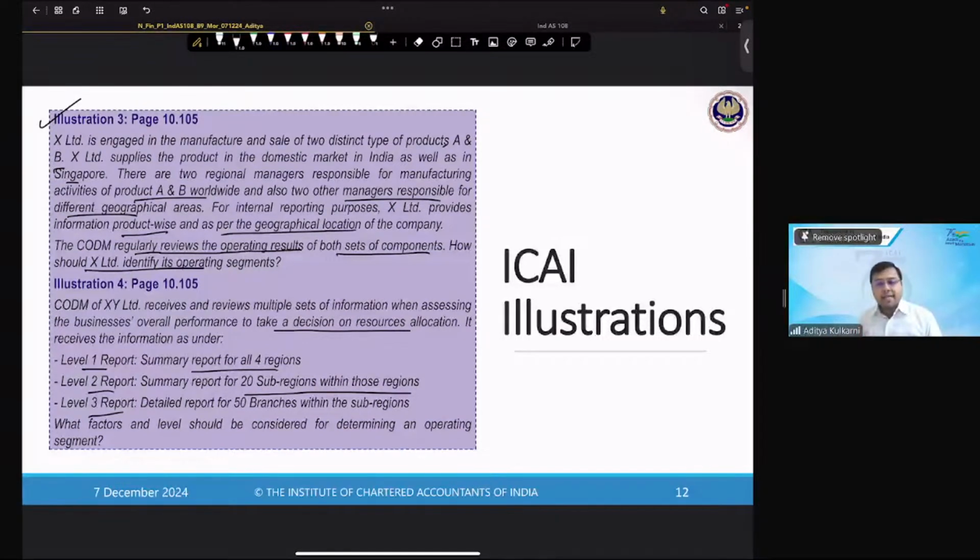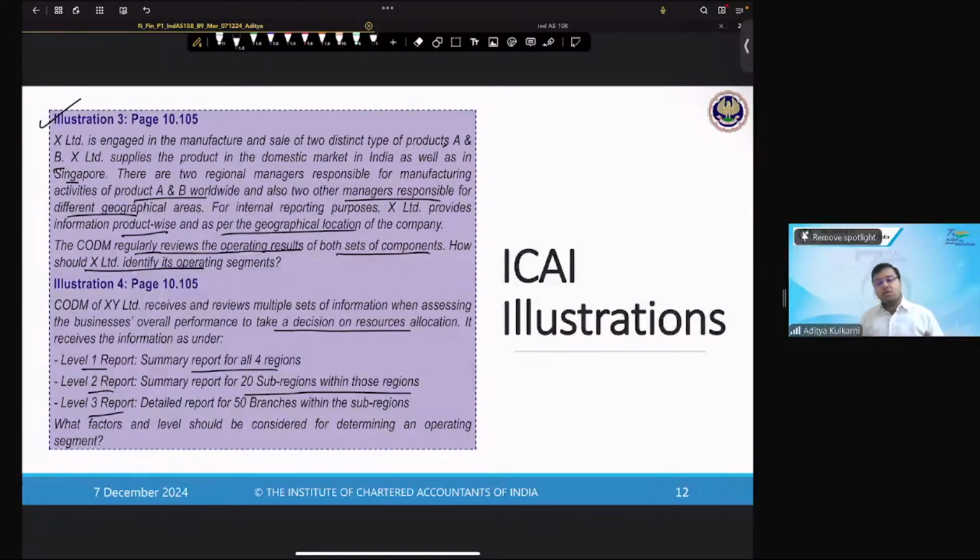Acha. In this case they have not given any specific information. They have said you have regions. Below the regions, you have sub-regions. Below the sub-regions, you have branches. So, here, you cannot give a straightforward answer. You will have to say,